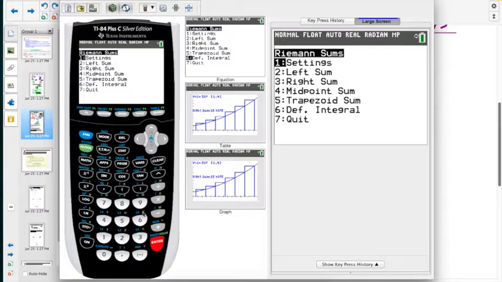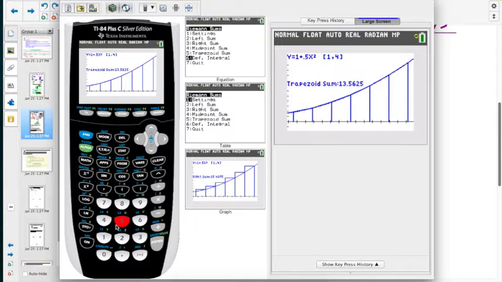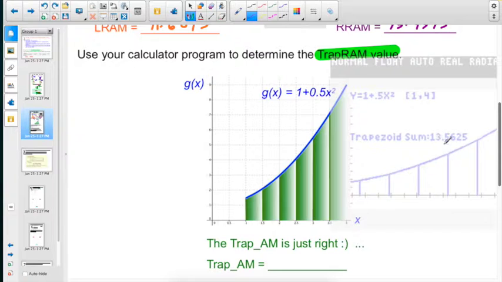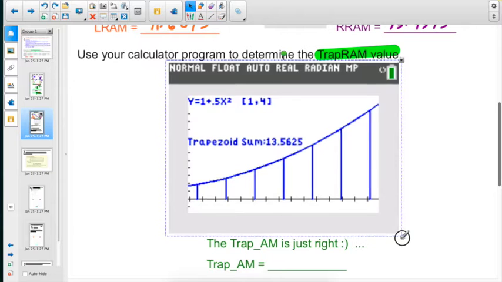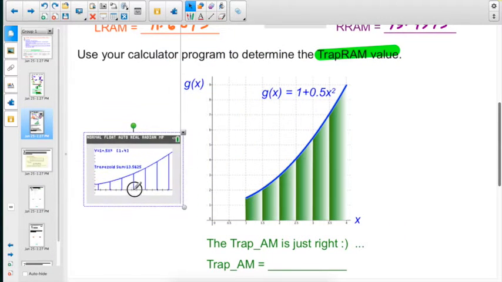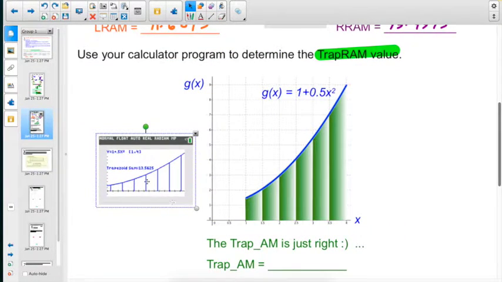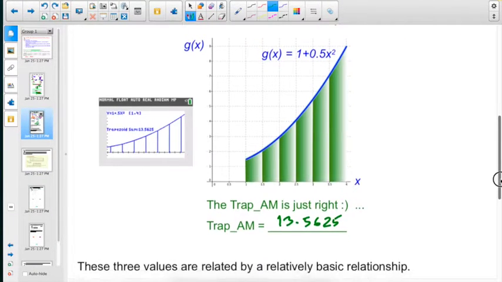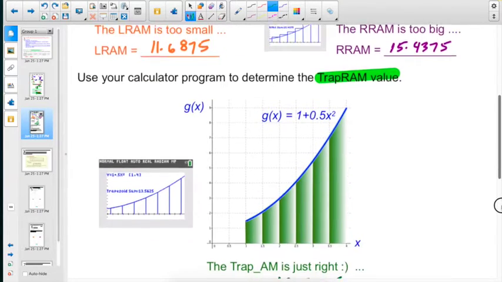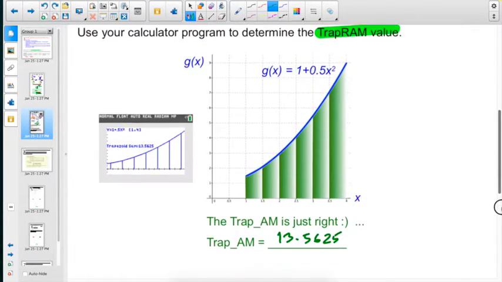So our trap RAM is option 5. And you can see how close those trapezoid segments are to the actual curve. In fact, even with the resolution of the graphing calculator, it's hard to determine that they're in fact different. But we have 13.5625. So you might guess, with one being a little over 11, the other being a little over 15, and this being a little over 13, that